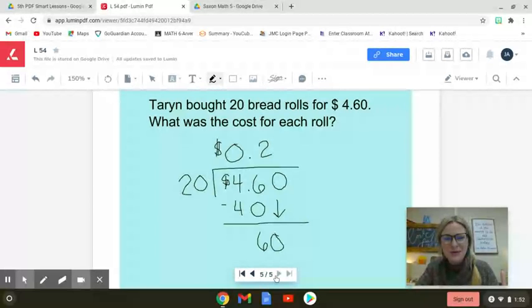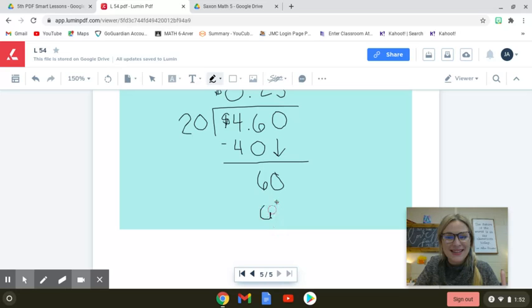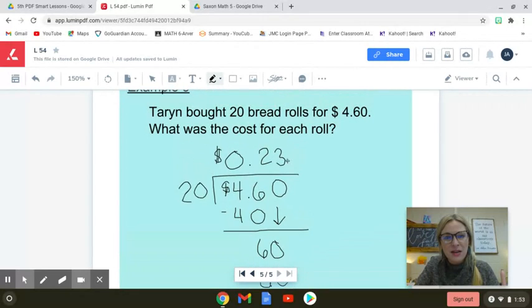3 groups of 2 will fit into 6, or 3 groups of 20 will fit into 60. And my brain loves when things work out evenly. That is indeed 60. And our remainder is 0, which works out great when we're talking about money. 23 cents was the